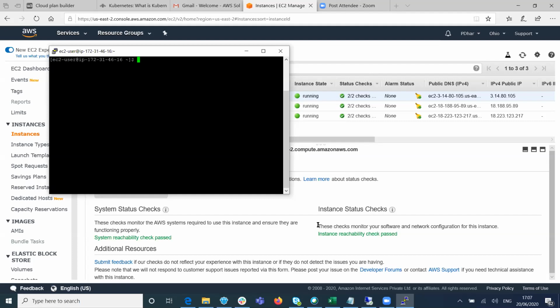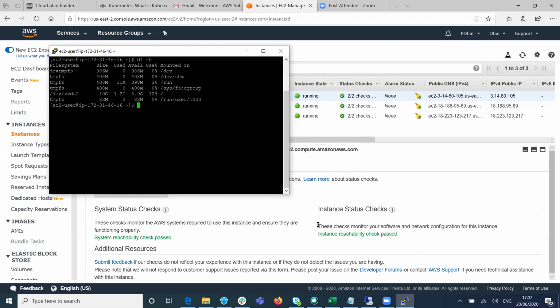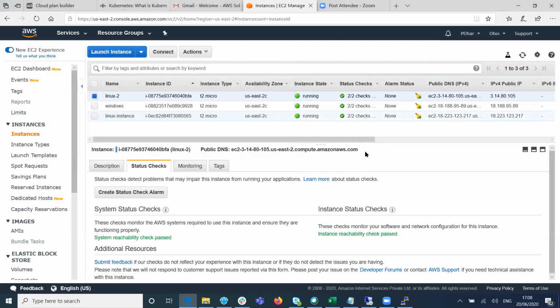Okay. No changes. This is the one, so I don't see any change. A 10 gig one. Okay, go to your instance. Let me see, you minimize this. The Linux operating system troubleshooting.